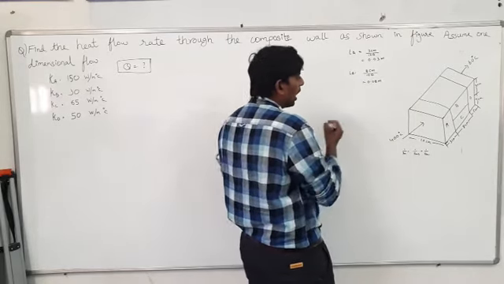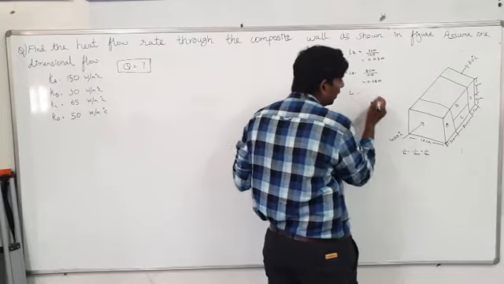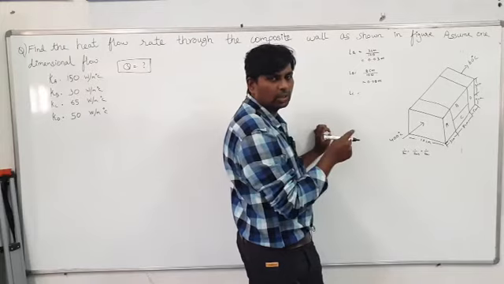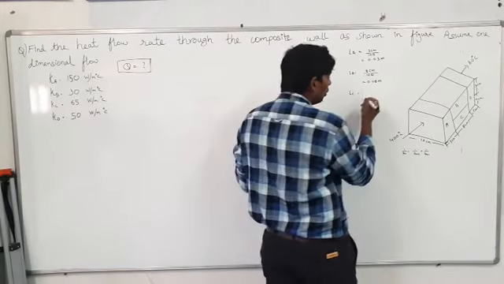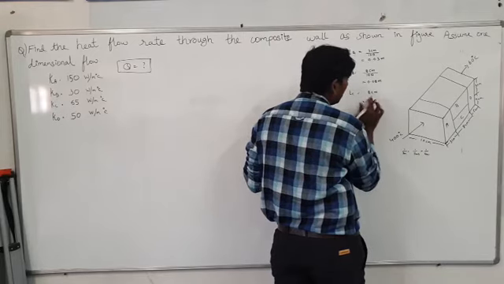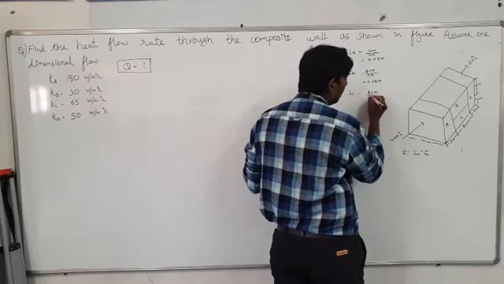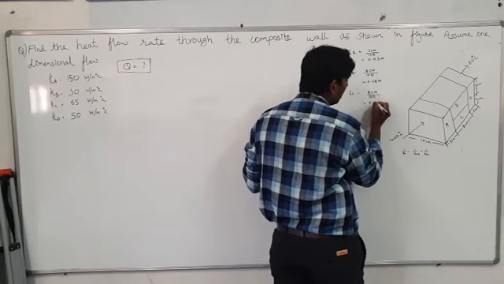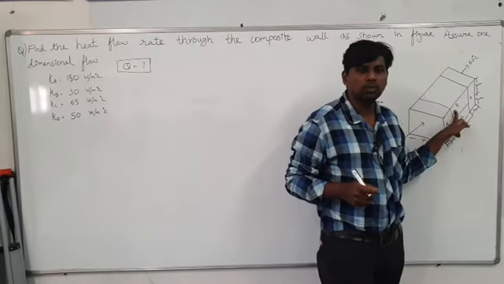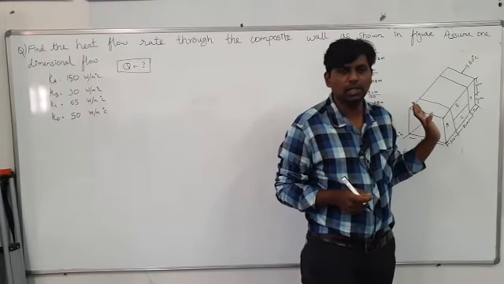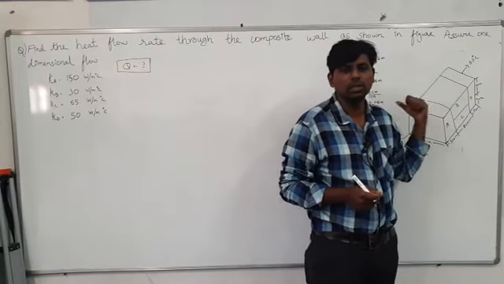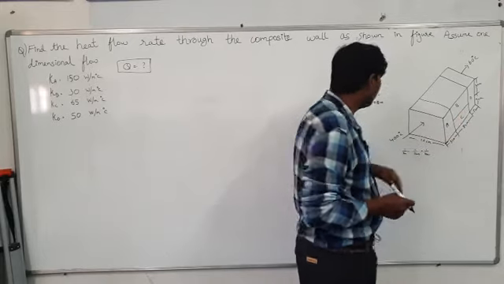After that, you have to find LC. See, LC and LB are both parallel to each other. So here also it is 8 centimeter. What you have to do is divide 8 centimeter by 100. So this will become 0.08 meter, because, as you can see in the given figure, LB and LC are both parallel to each other. Whatever length C has, the same length B also has. So you have to take 8 centimeter.